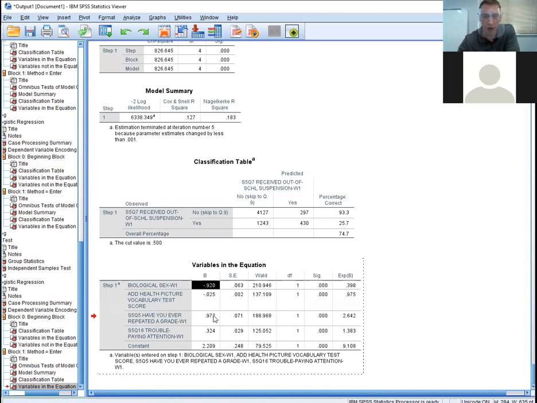For people who have not repeated a grade, since repeated a grade is measured 0, 1, you'd have to multiply that by 0 for people who have not repeated a grade. And then plus this